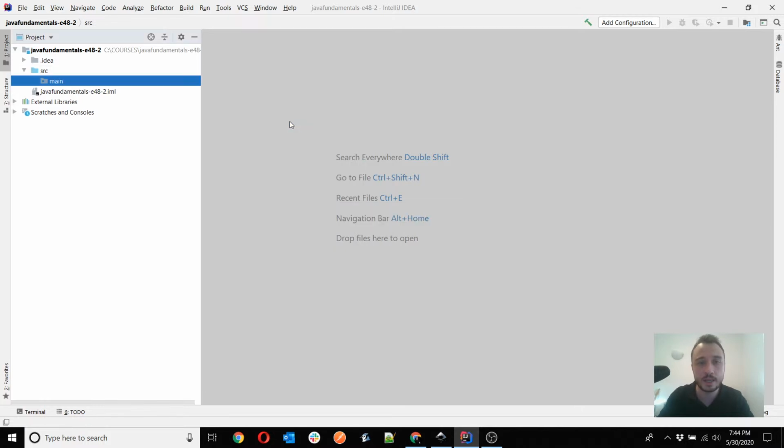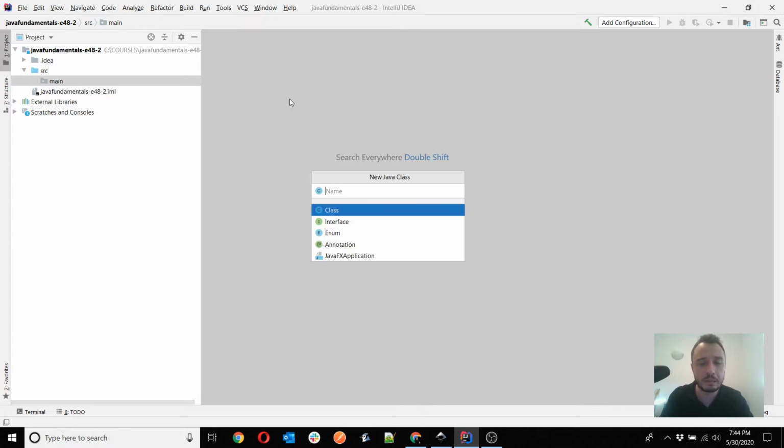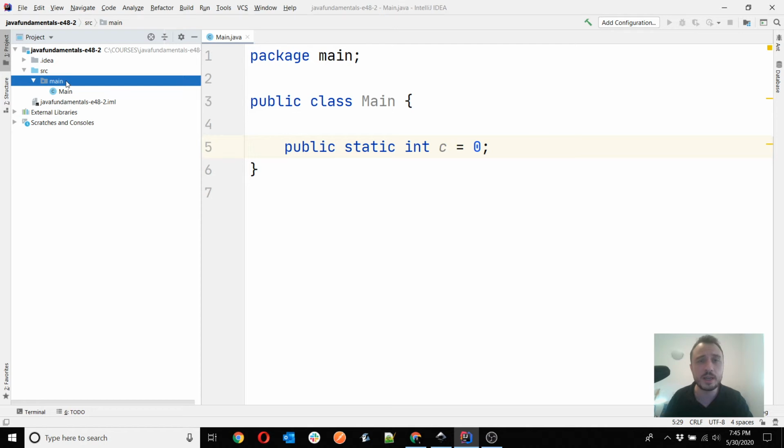Okay, say I create here a main, and what I want to do is again have a shared resource. So I will create a main class, and I will again write something like public static. It can be a simple object somewhere as well, but to make my life easier here, I think a static would be an easier choice. And I have a C starting from 0, say, and then I have two kinds of threads, the incrementing thread and then the decrementing thread.